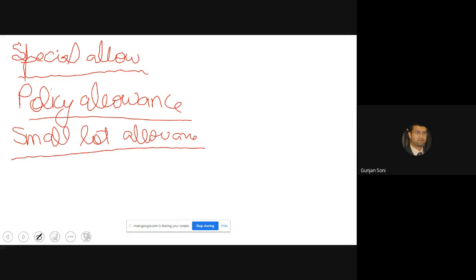Probably you might have faced it when you're using some software or something like that. So that's what happens with the workers as well. If a certain design is given to the worker to produce, but the quantity in which the design has to be made is not very high, he may not be able to produce up to his potential because the learning curve has not set in yet.